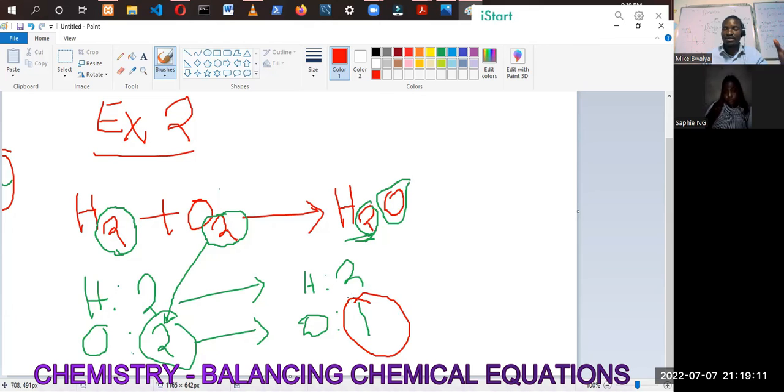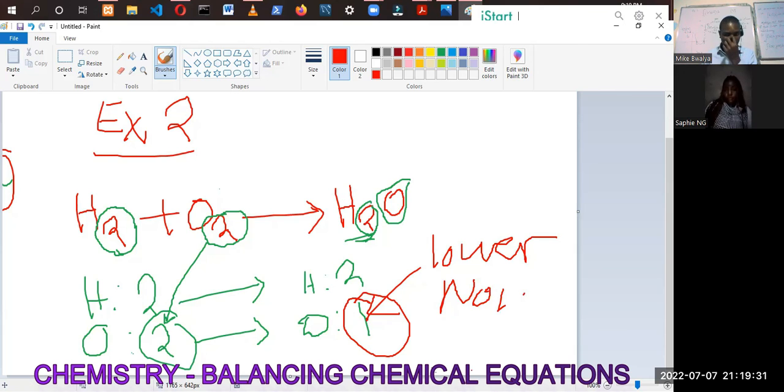So oxygen on the left and oxygen on the right, they are in different ratios. So they kind of mismatch. So we have to balance up by only going to this lower number. Okay, so by only going to this lower number. So what you do is